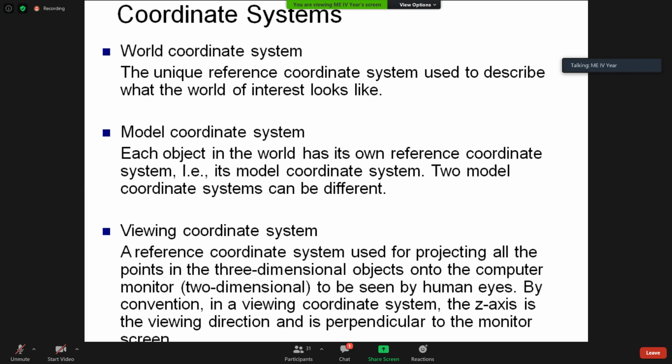If this is the first quadrant, see my hands. This is the first quadrant. What can you call this region according to engineering drawing?